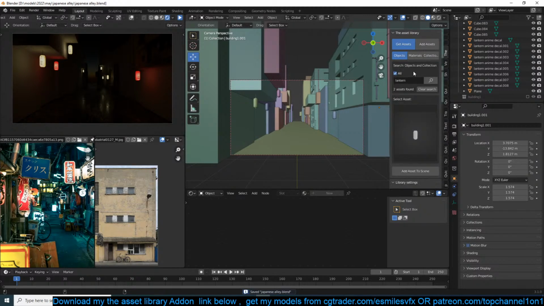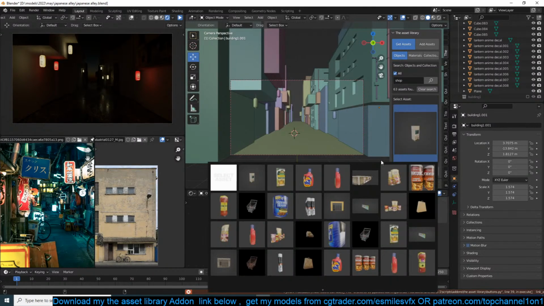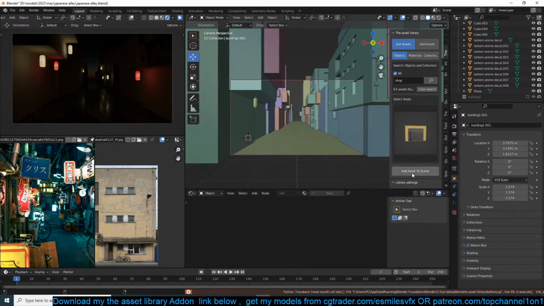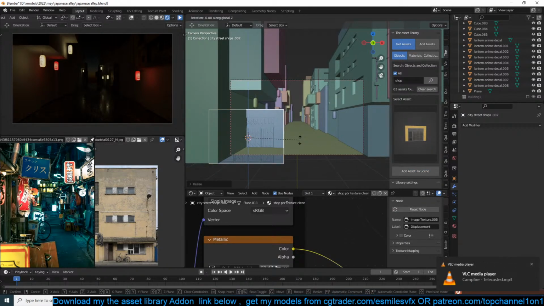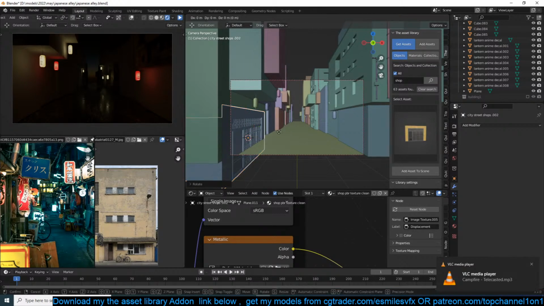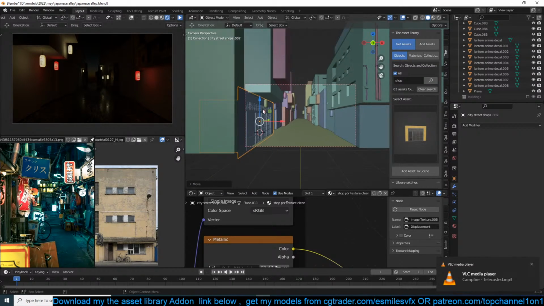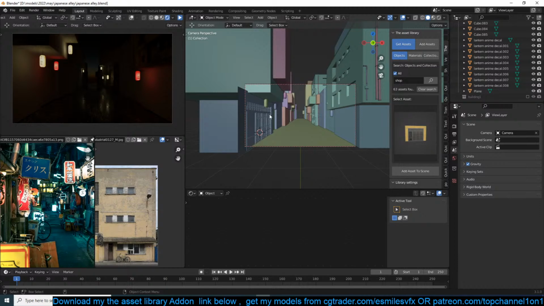I have some shops in my library, so I'm just going to use some of those. I like this building here. Where is that? I have a shop, this shop here. We can just use that in the alley to replace this one. Perfect. Have another one.